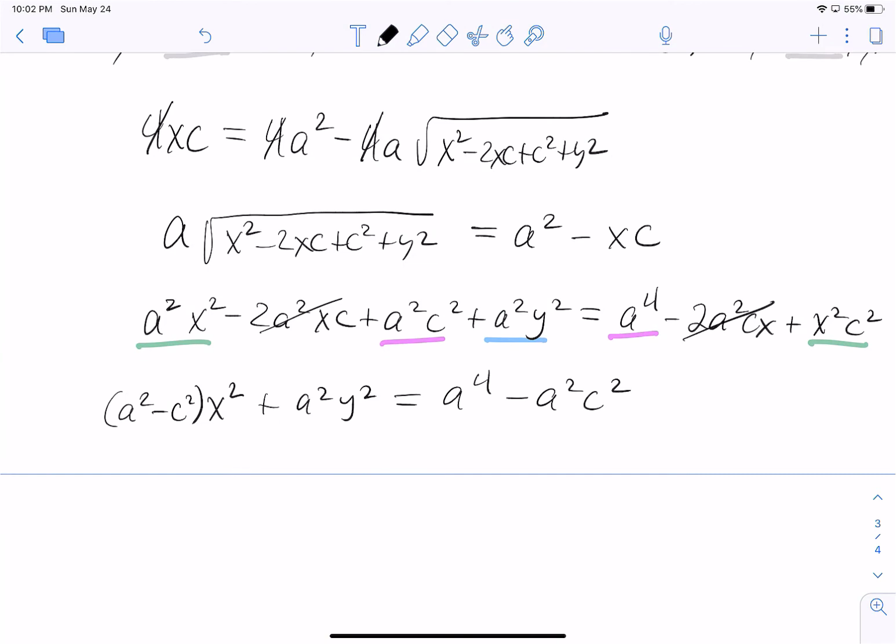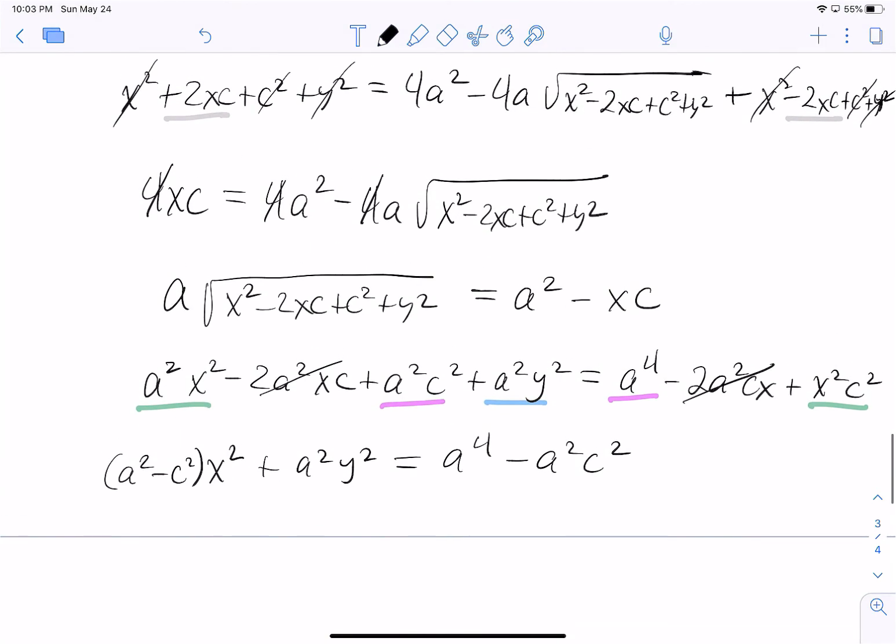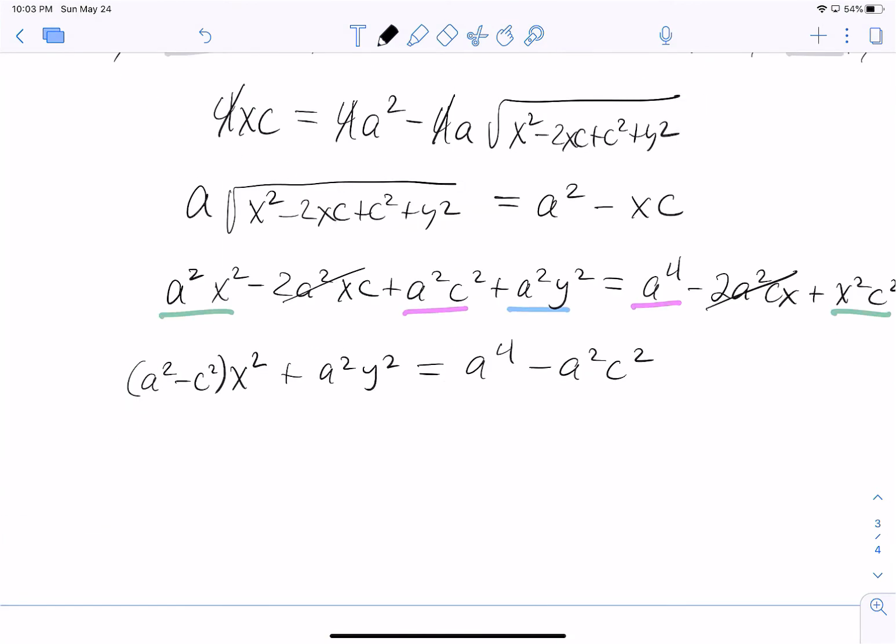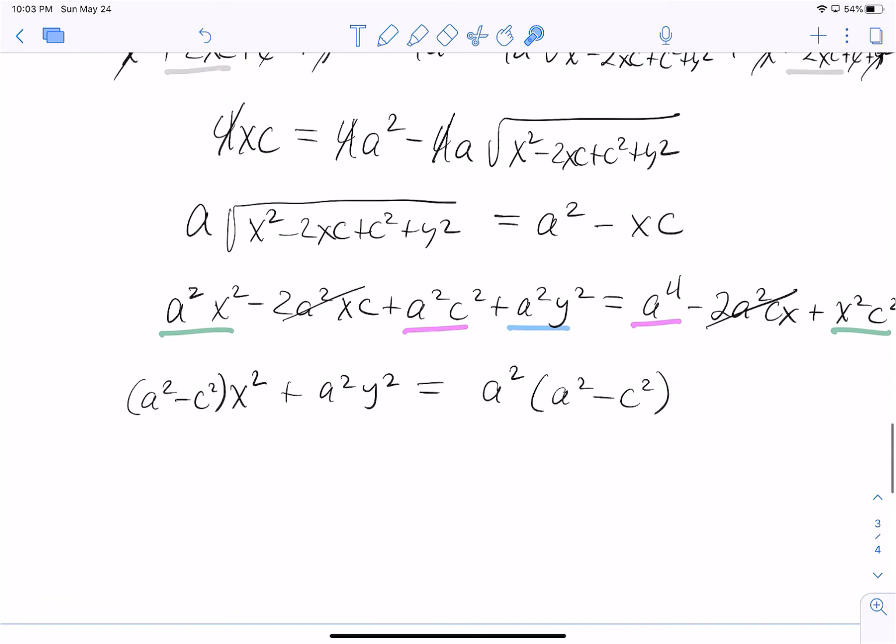We're almost where we want to be, but first I'm going to make some room down here. I'll move some things up there. Now, folks, we have this a to the fourth minus a squared c squared. I'm actually going to factor out an a squared from that whole thing. And that'll look like a squared times a squared minus c squared. Now, this looks terrible. This is not exactly where we want to be. But if we go back up here,